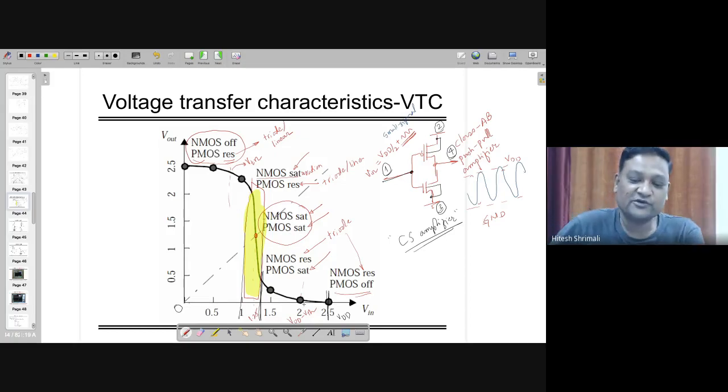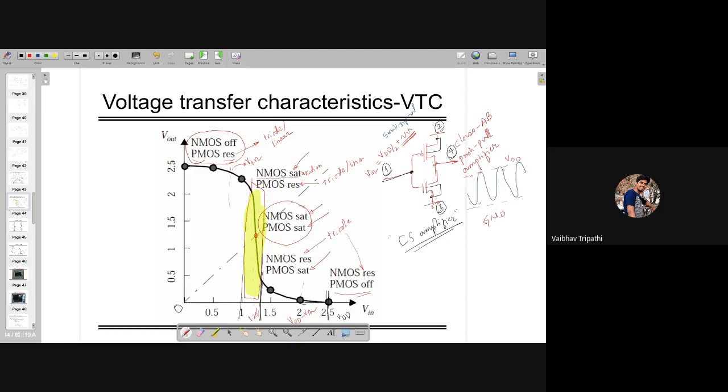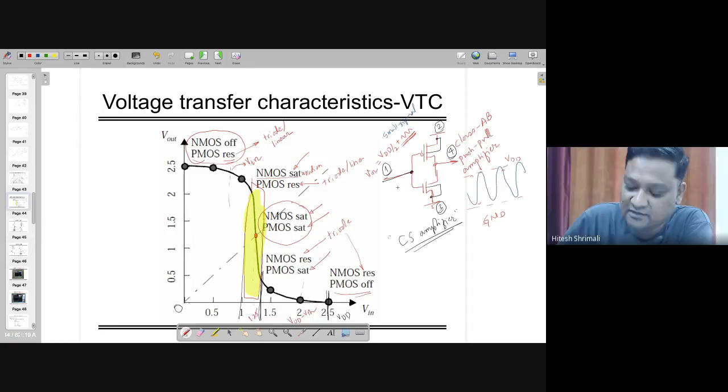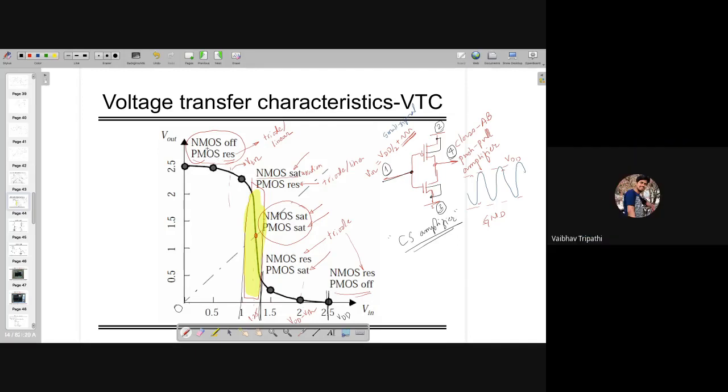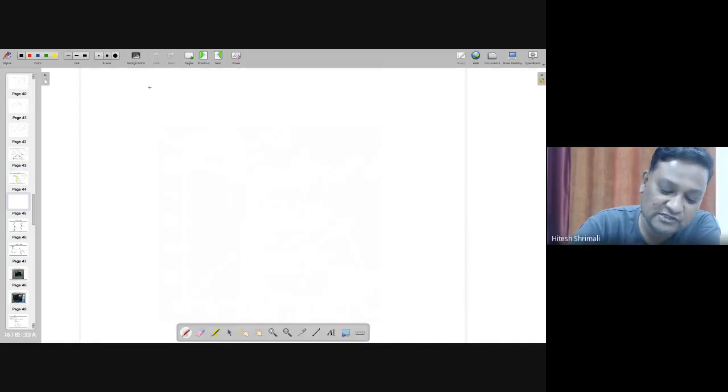I don't understand your question. Can you tell me one more time? Sir, it means this input voltage will be related to the threshold voltage of PMOS and NMOS, where the NMOS will be in the saturation region and the PMOS in the triode region. Of course. Yeah. So it depends on the technology. It depends on the technology. So these numbers might be changing.